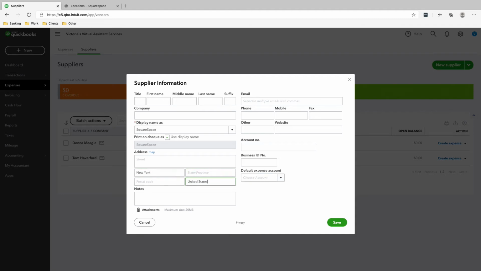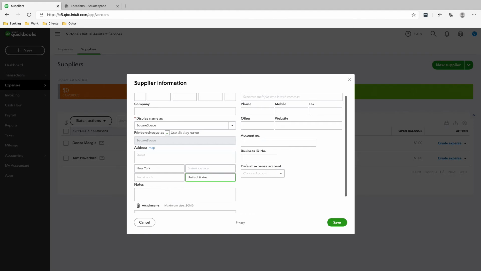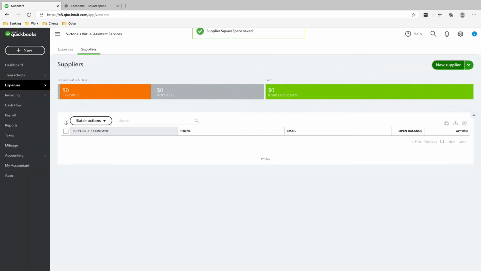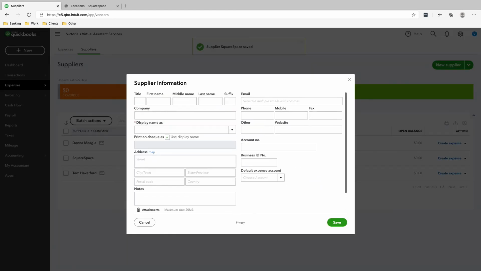And put it there. The reason why it's actually important to add this is because Canada has a special sales tax that's only for suppliers within Canada. So again, since Squarespace is obviously outside of Canada, that sales tax won't be applicable. Click Save. So the next one we're going to do would be